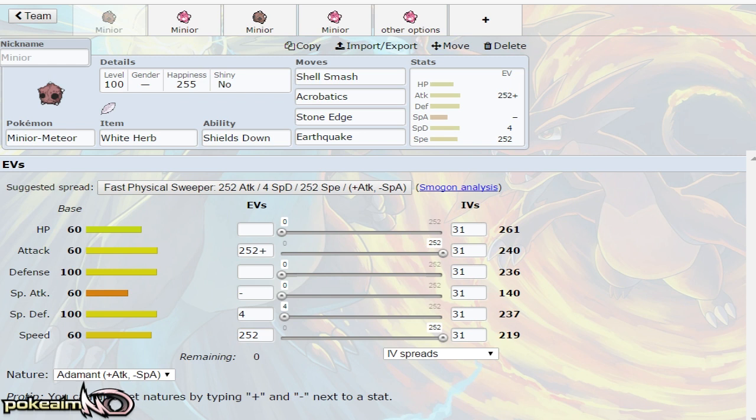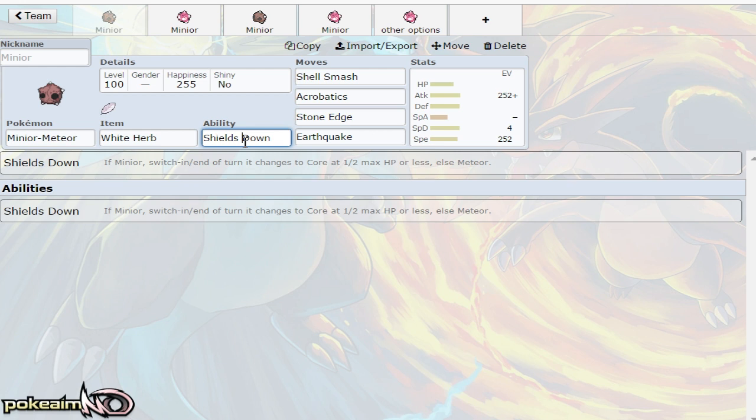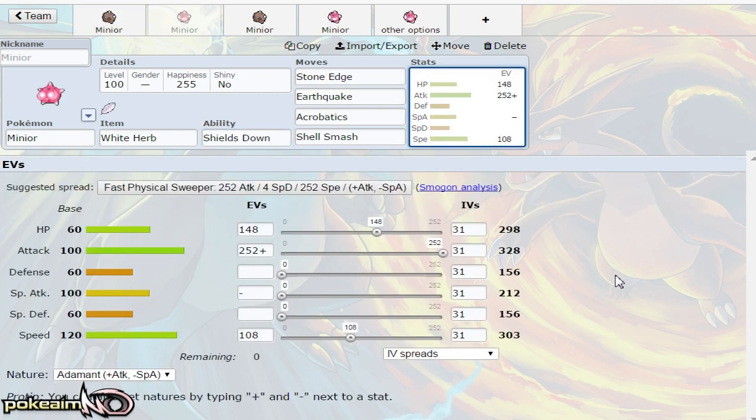But this time we're going to be talking about Minior. It's a really cool Pokemon that has base 100 defense and special defense. The rest are all base 60. However, it has a really interesting ability called Shields Down that when this Pokemon is at 50%, it changes to its core form, which doubles its speed, making it base 120, and then swaps its defenses with its attack,